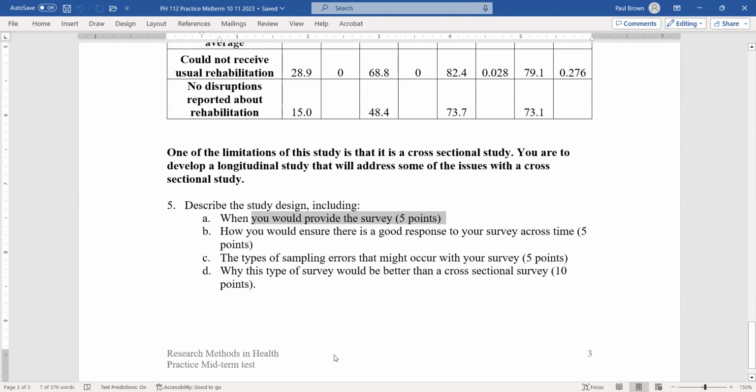You could say that you want to do your study on the impact of COVID. And so you could just say, well, okay, we'll survey people when they get COVID and start there and see the impact of COVID. But